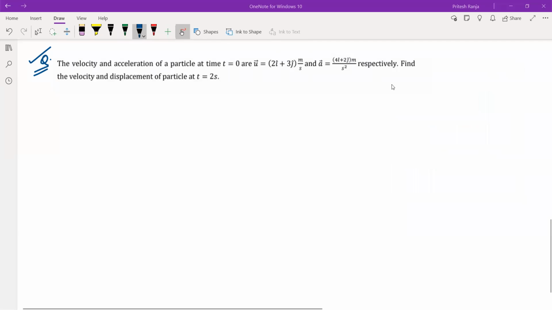Quickly, everyone will try. The idea we have, two ideas we have. One, we can deal with them in terms of vectors. Just observe, the velocity and acceleration of a particle at time t equal to 0 are this. What is given here? Initial velocity is 2i plus 3j, and the acceleration vector is given to us, that is